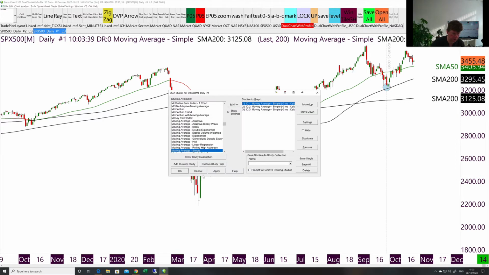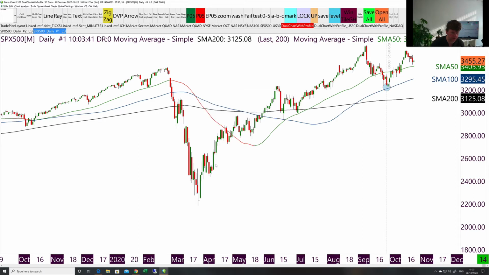That's correct. So we're now all sorted so far. So got the 3 on there now. We've got the 50, the 100 and the 200. Now the final one that I'm going to be sticking on there today